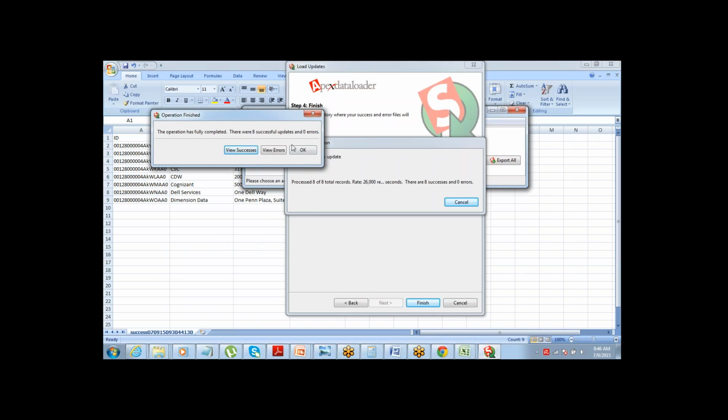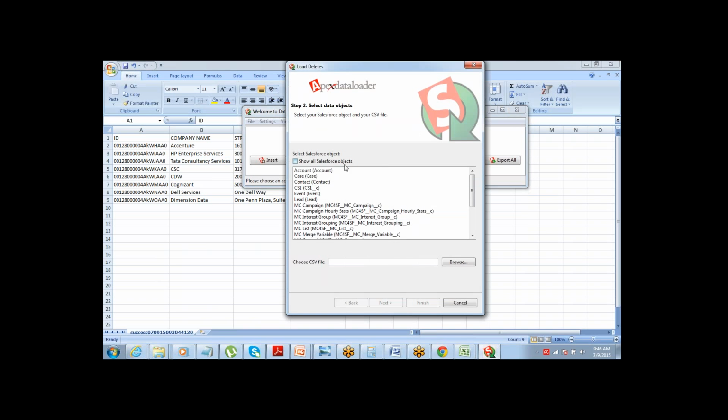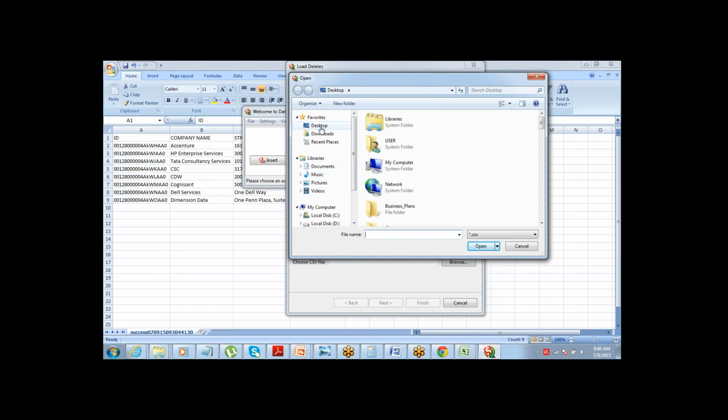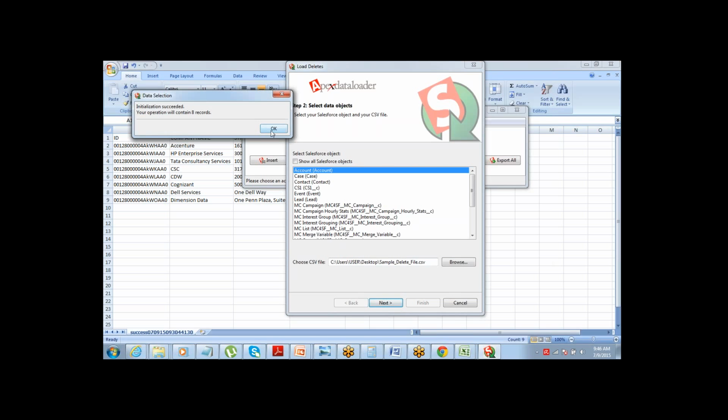Now all that you need to do is on data loader, you just need to go ahead and click on delete, accounts, browse the file which needs to be deleted. Sample delete file, select it, go to next. Okay.